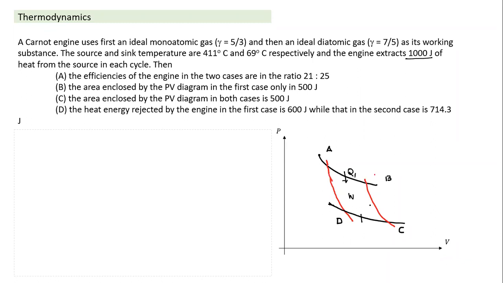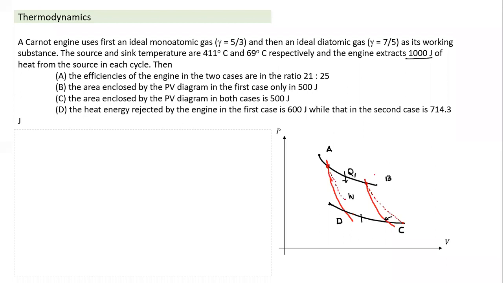How would that be same? If this is the curve for monatomic gas, what will be the shape for diatomic gas? Can you all think in your mind, what will be the shape for a diatomic gas? This heat is same. If heat drawn from the source is same, it means for diatomic gas also the end point and beginning point will be same. But from here, how would it go for diatomic? The adiabatic curve is flatter. So for diatomic gas, the curve will go like this. And correspondingly in the compression phase also, the diatomic gas curve will be like this.